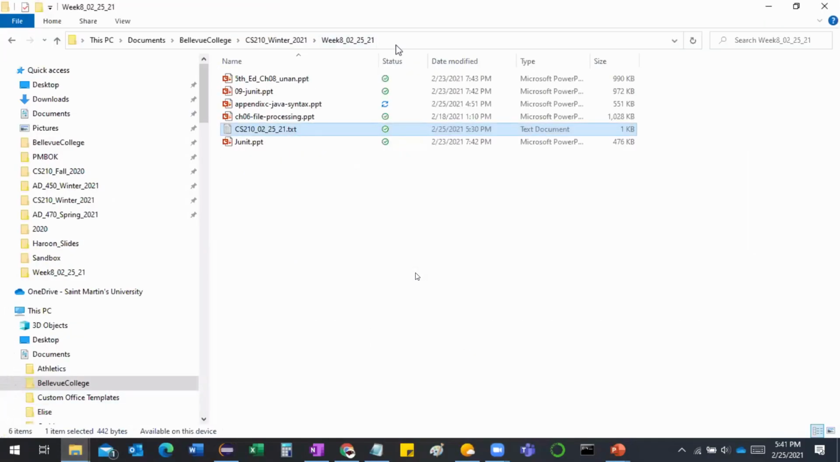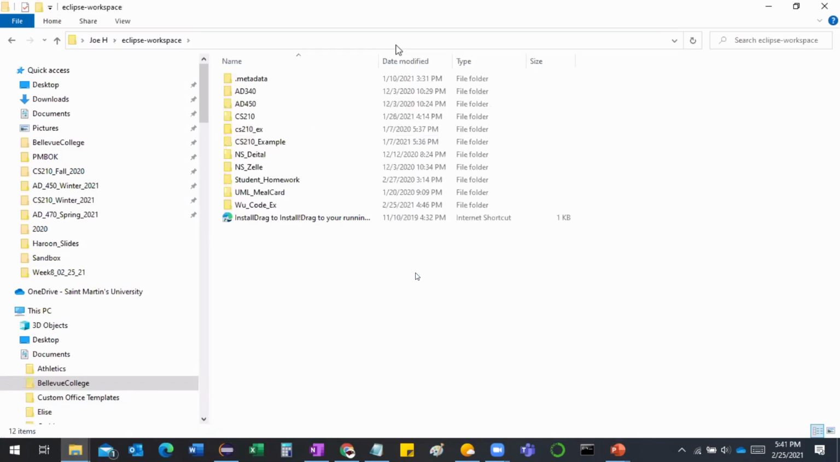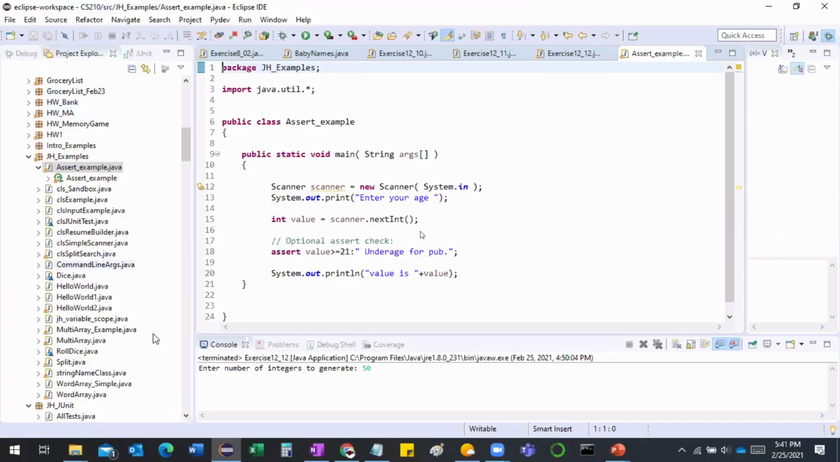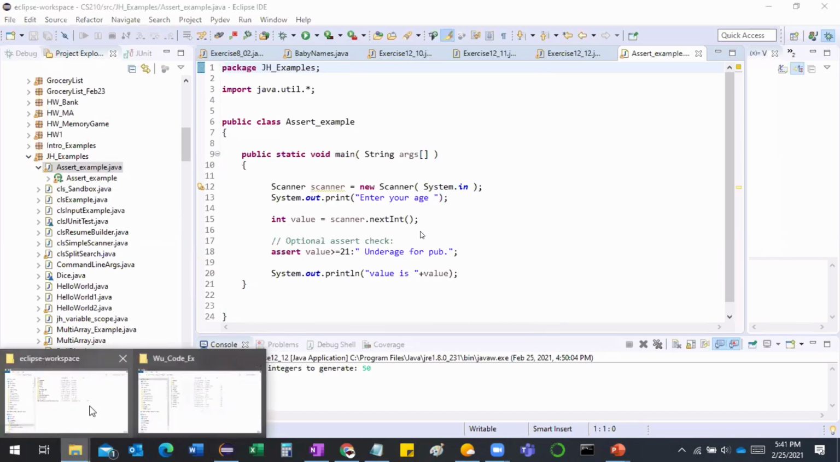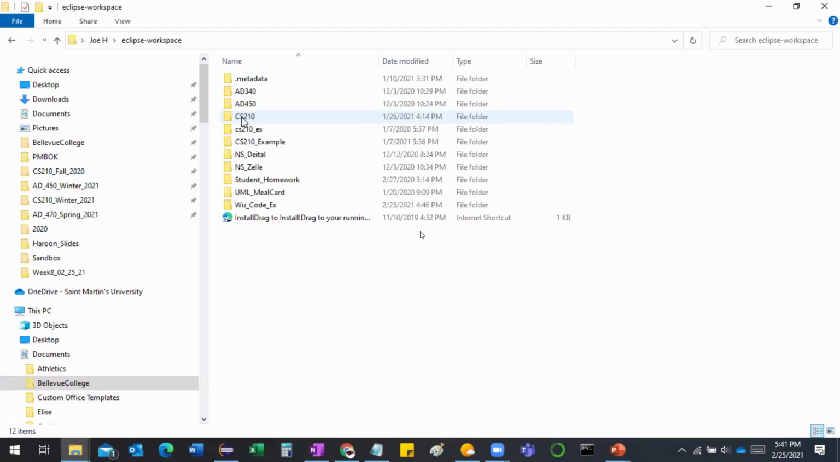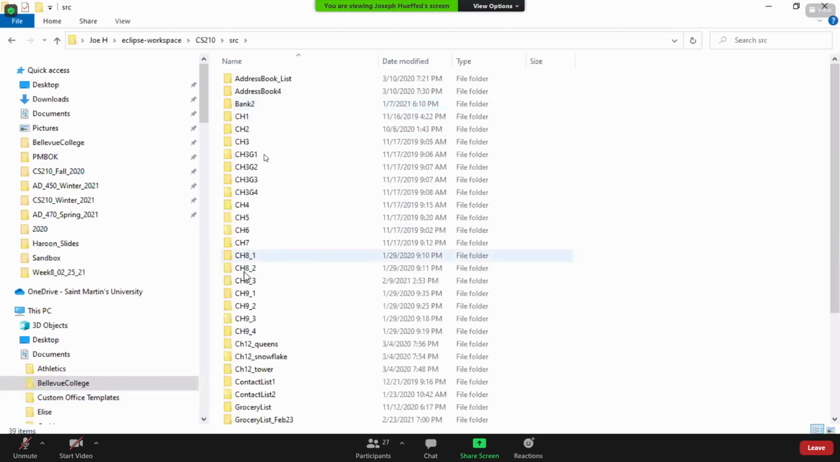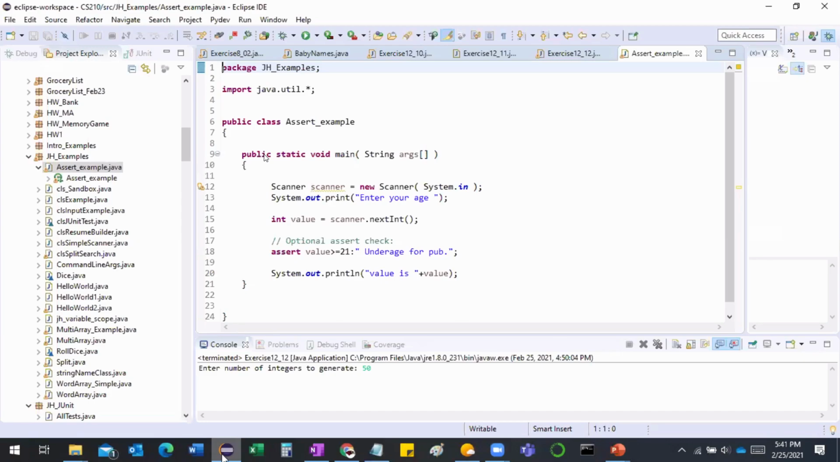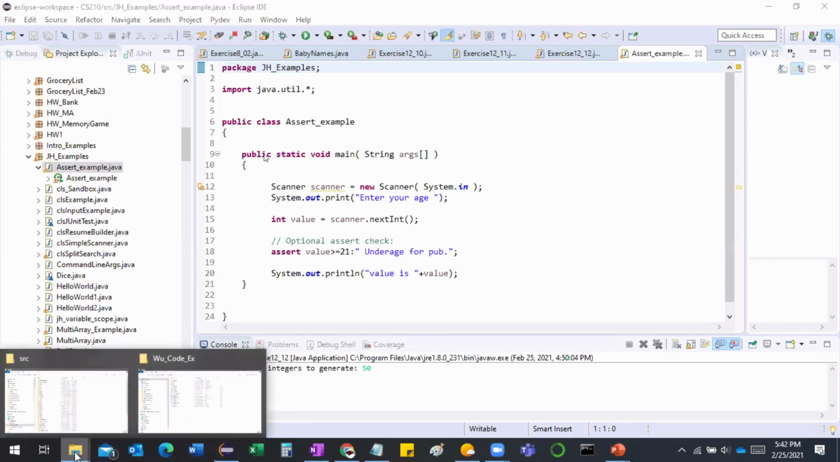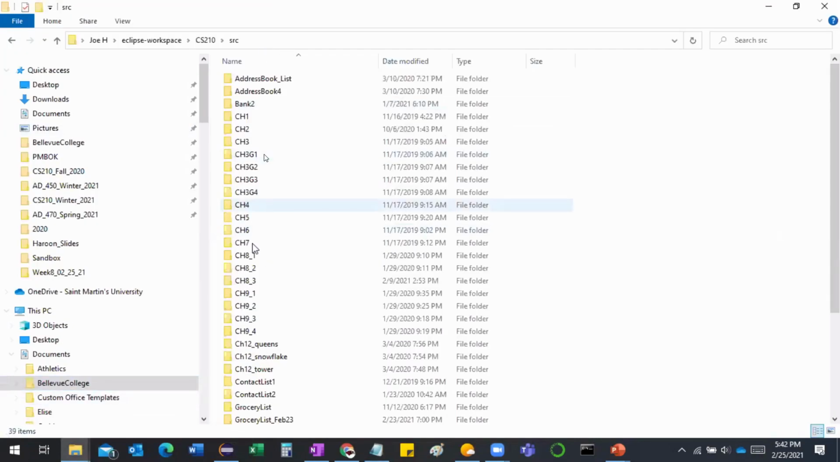And I'm going to go there in Windows Explorer. And if you notice, all these folders correspond to the names of my projects and packages in Eclipse. So right now I'm under CS210, SRC. Oh, well, I haven't got to the program yet, but I'll show you this shortly. You would go to the folder that corresponds to the package in Eclipse, and you'll see the data file there,